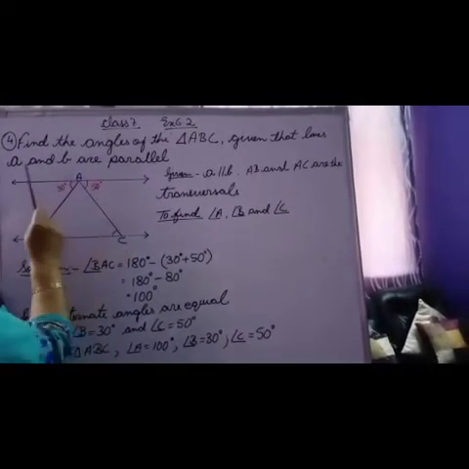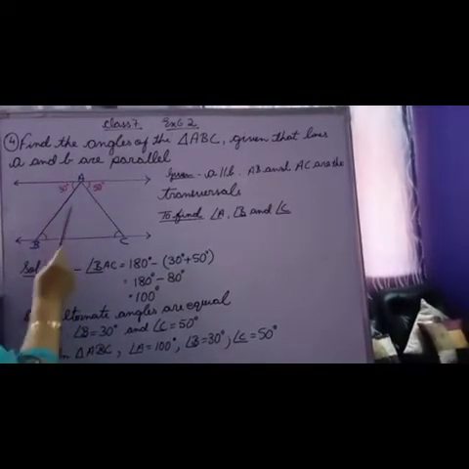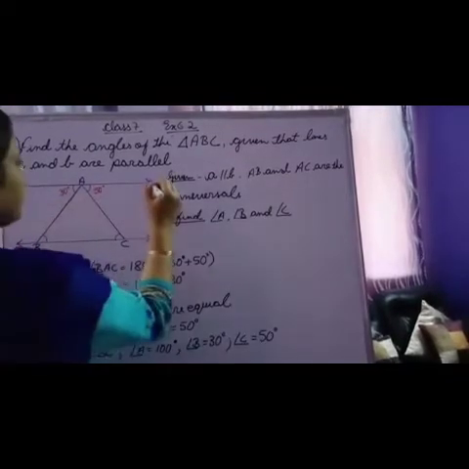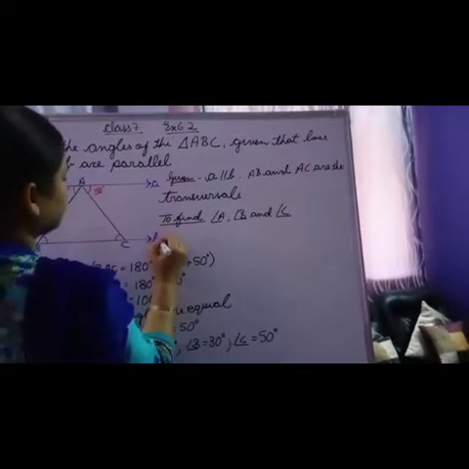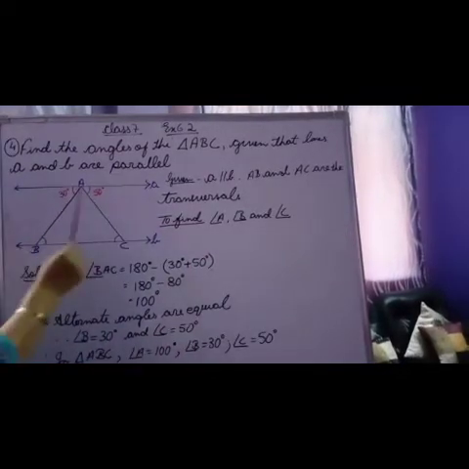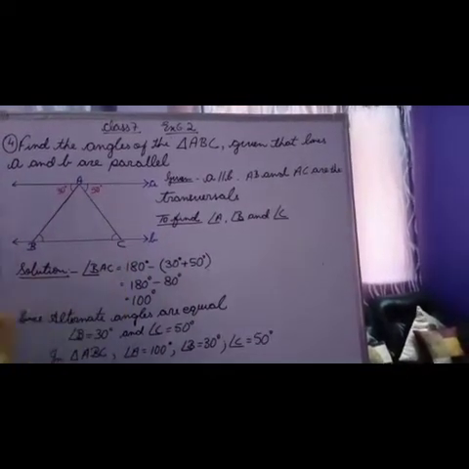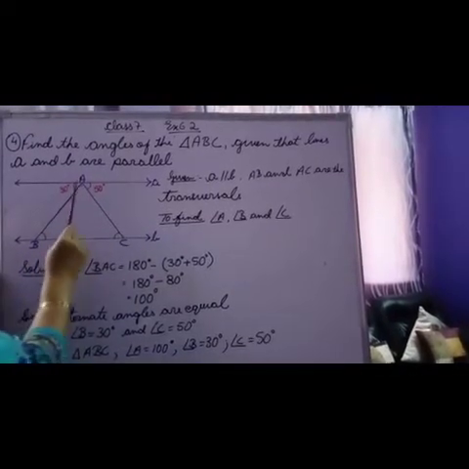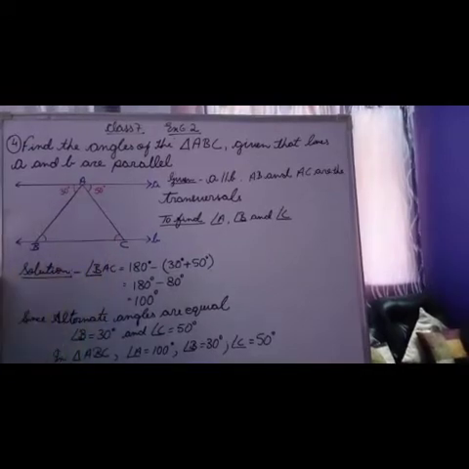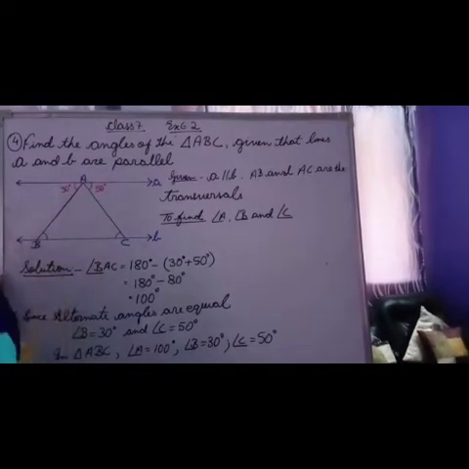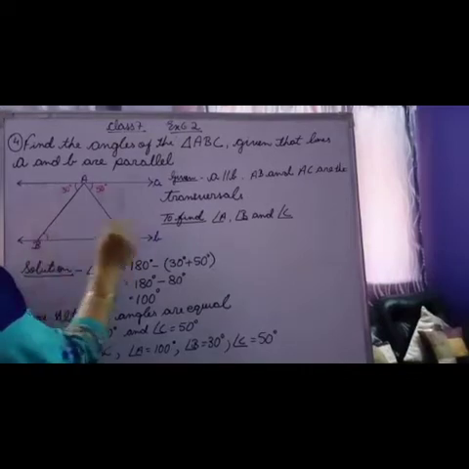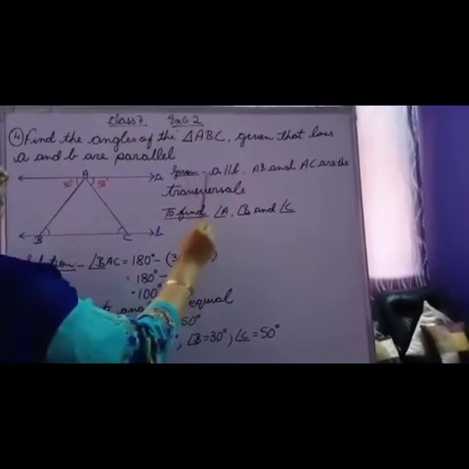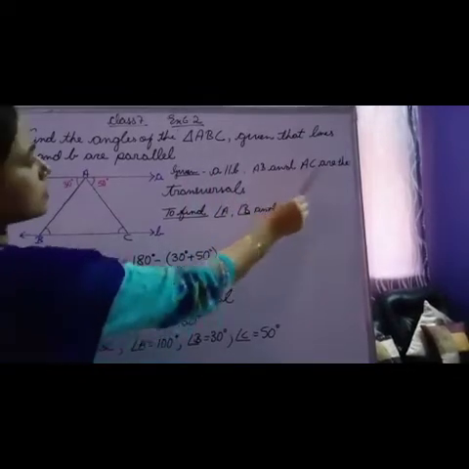We are also given that A and B are parallel. So this line A and B are parallel. This is line A and line B. So these lines A and B are parallel lines. Here we can see children there are two transversals, that is AB and AC. So we know the properties of the transversal and this line A is parallel to B. So this sum is very simple. What is given, I have written A is parallel to B, AB and AC are the transversals.